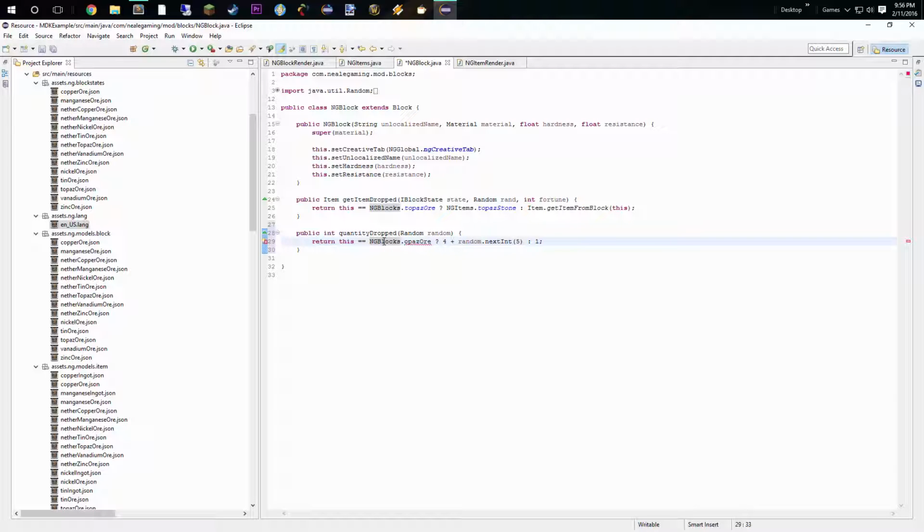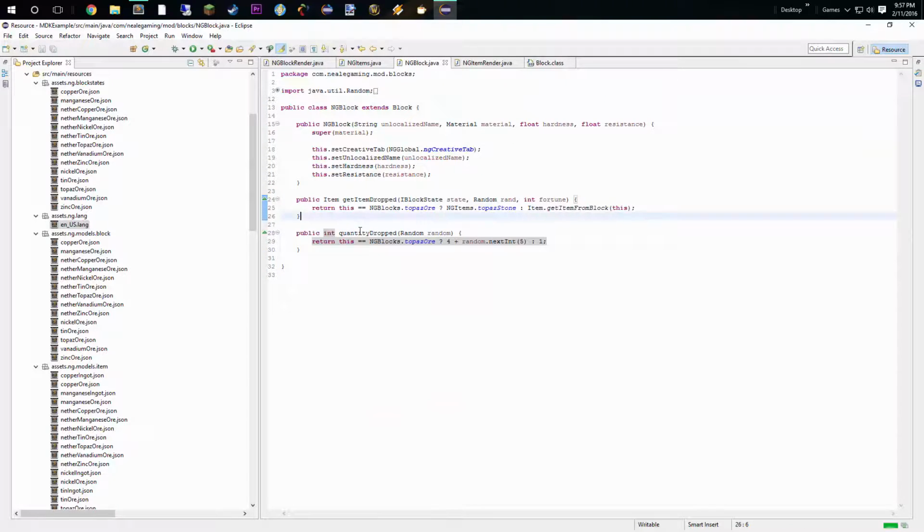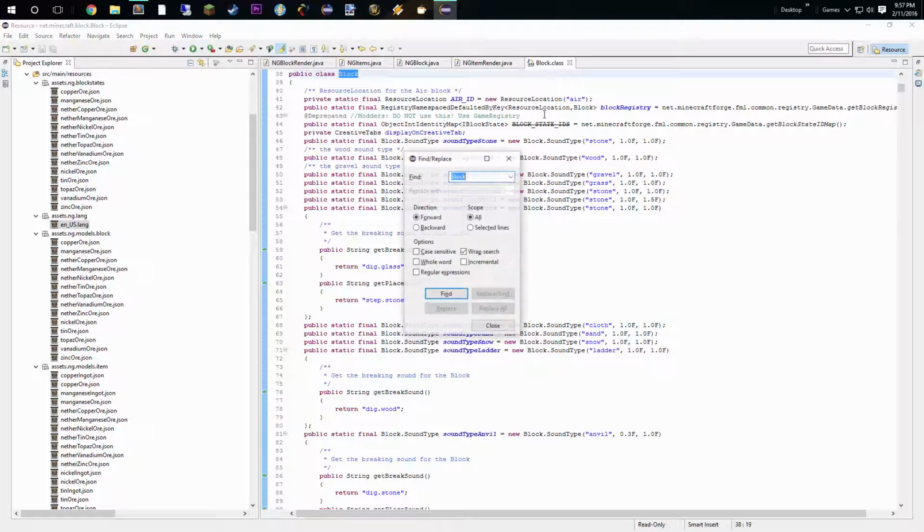dot topaz ore. We're going to say if it is this, we're going to return 4 plus random up to 5, otherwise 1. And the block class seems to like it, so we can come in and look at the block class. And from here we can actually look at